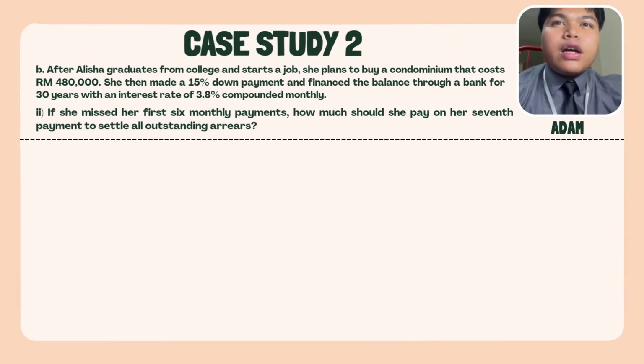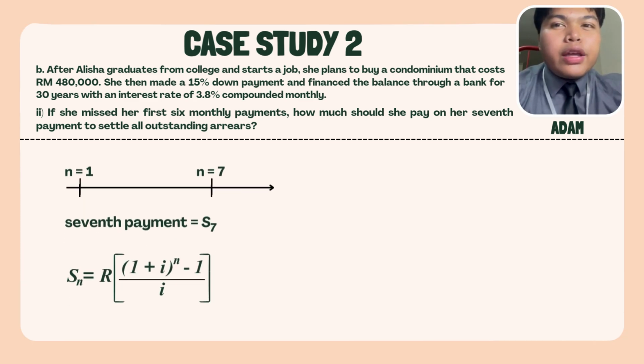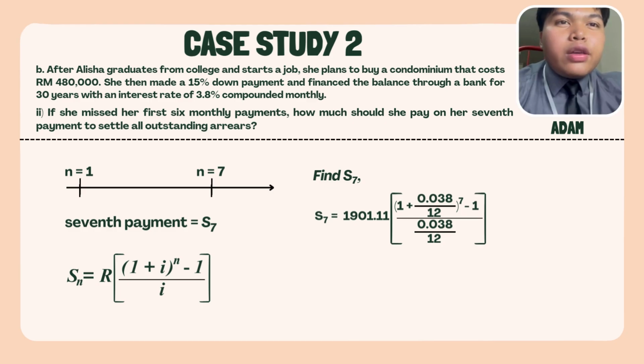Question 2. If she missed her first 7 monthly payments, how much should she pay on her 7th payment to settle all the outstanding arrears? So we use the formula S_n equals R, brackets, (1 plus i) to the power of n minus 1, over i. So to find S_7 equals 1901.11, brackets, 1 plus 0.038 over 12, to the power of 7 minus 1, over 0.038 over 12, we get RM